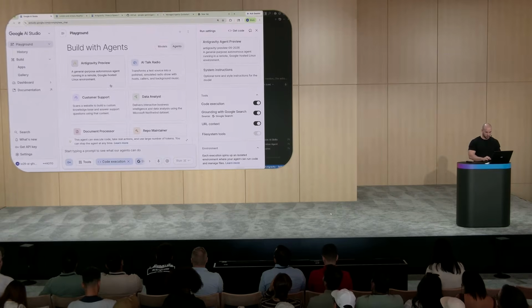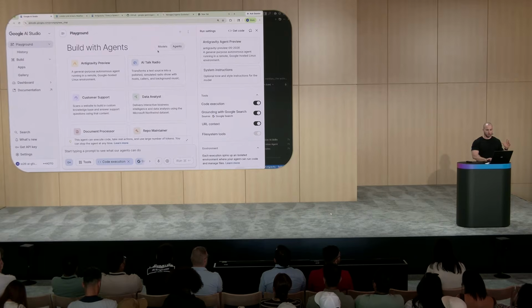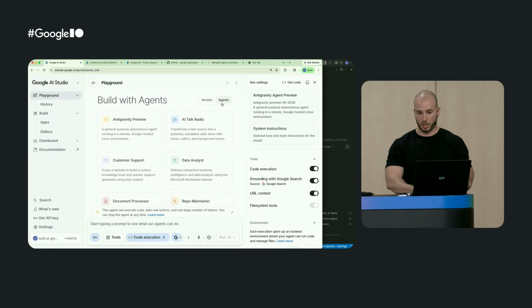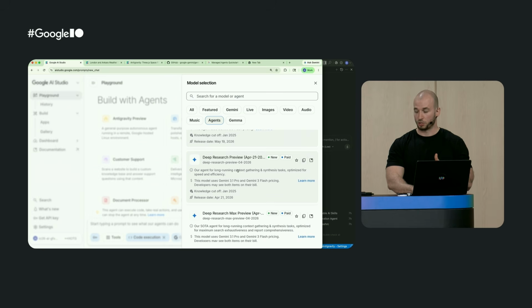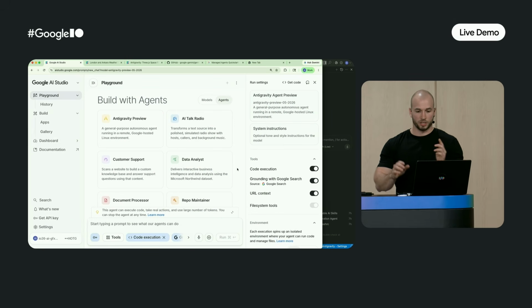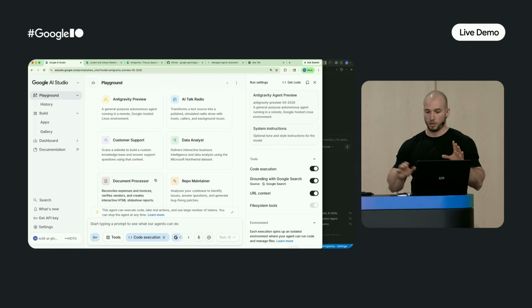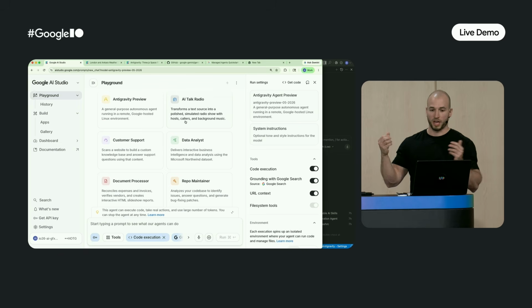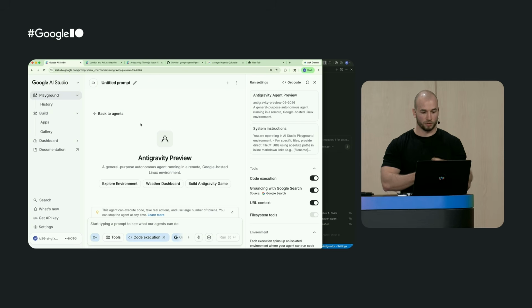Okay. Yes, it works. So I'm in AI Studio. And with the anti-gravity agent, we launched a new tab or experience. So in the playground, you now can switch between models and agents, or you can go to the model picker, where we also have the agents available, where you can interact with the deep research agent or with the anti-gravity agent preview. And in the middle, we have 6 different cards. One of them you might have already seen during the developer keynote. That was the AI talk radio, where we generated this awesome AI talk radio show from the Hacker News. We have a data analyst, we have a customer support,